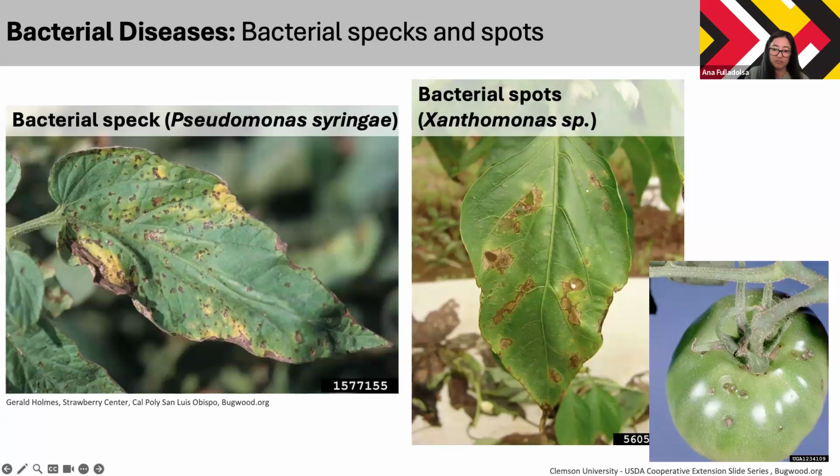So I've also seen bacterial diseases in my walk and in the laboratory this season. Two very common ones are bacterial speck and bacterial spot. So bacterial speck is produced by generally Pseudomonas syringae. And you'll say, well, what's the difference? They all look like spots to me. They all look like spots to me too. But the bacterial speck, I guess a speck is a smaller spot. And so it just looks like little tiny flecks of necrosis on